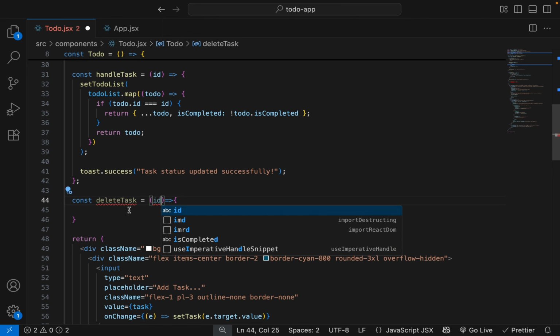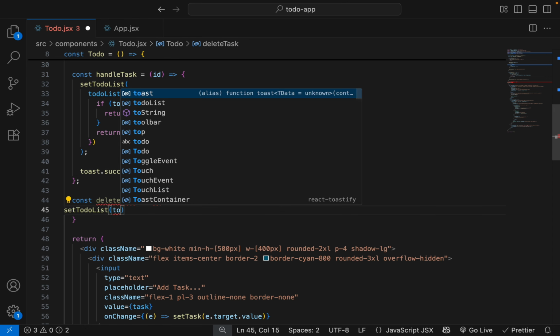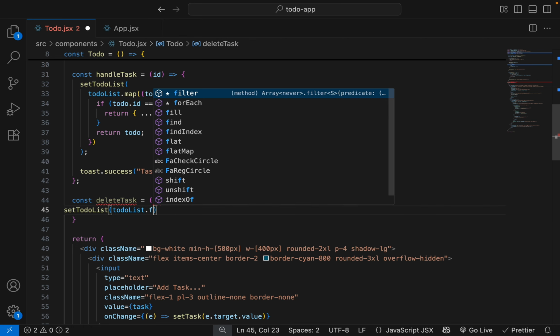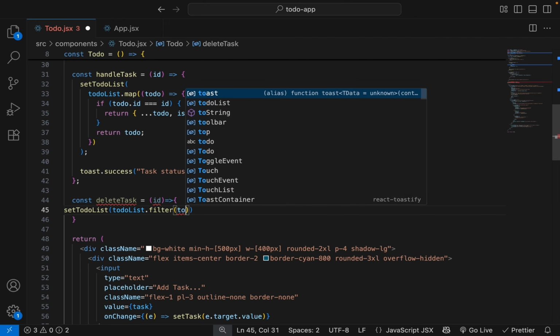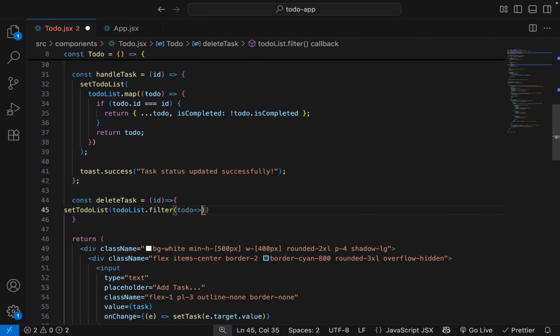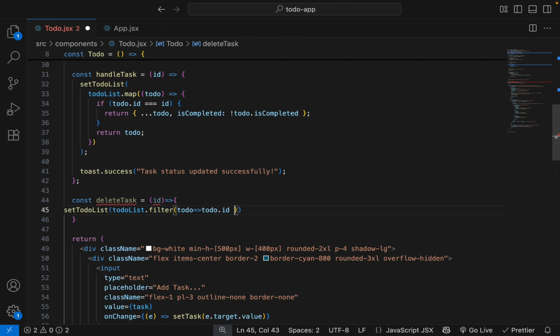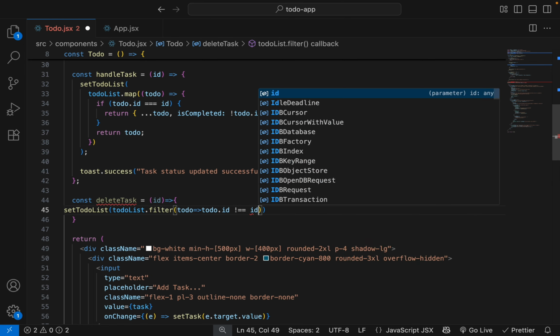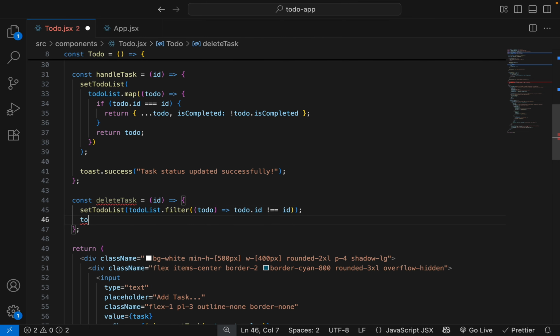Passing ID and then set to-do list and to-do list dot filter, then single to do if to do dot id not equal to id, then display notification.